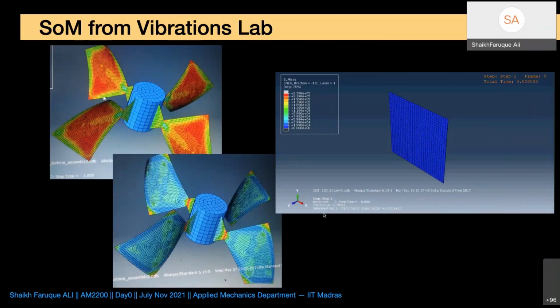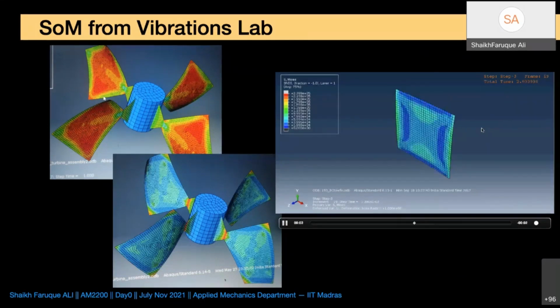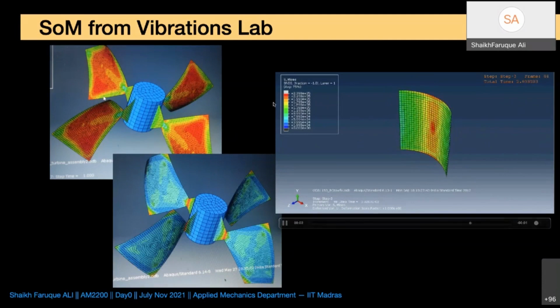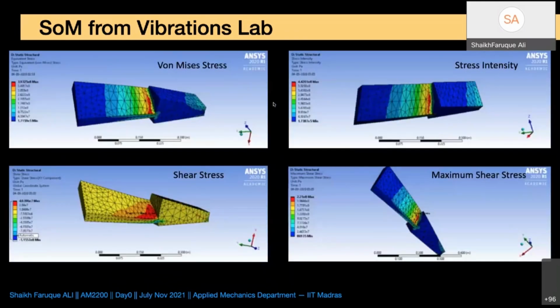Here are a few more pictures from our lab itself. This is done by Agna, a bistable material, where he's doing some analysis in ANSYS, where a material plate can have two different states. One state is shown right now, and the other state was shown in the beginning, right? So two different states. These are called bistable materials, and he has also designed a bistable turbine blade based on his study. How nonlinearity comes into the structure will not be a part of this course, but you will definitely learn a little bit of it.